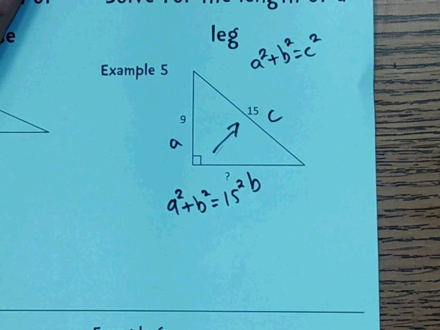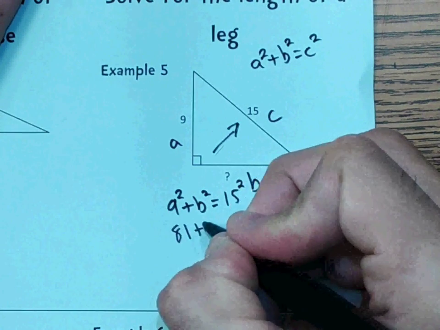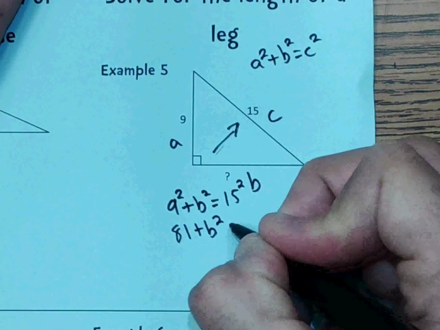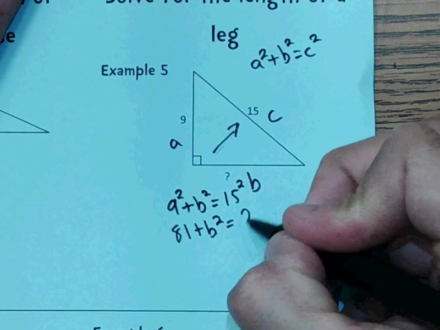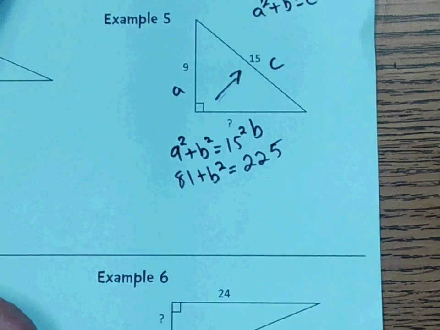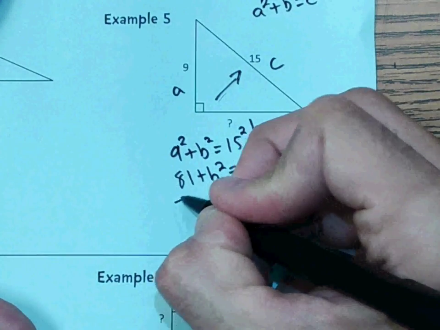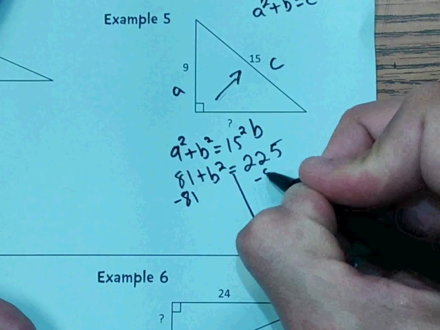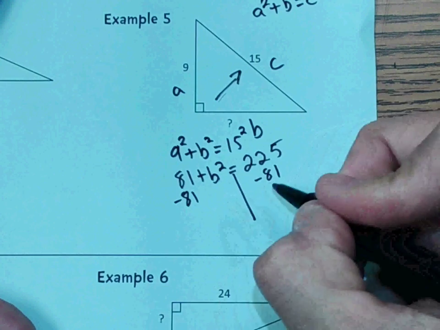So using your calculator, let's go ahead and calculate what we know. We know 9 squared is 81. 15 squared is going to be 225. And now you're going to treat it like an equation. You're going to solve for b. So let's go ahead and subtract 81 from each side. And that comes out to 144